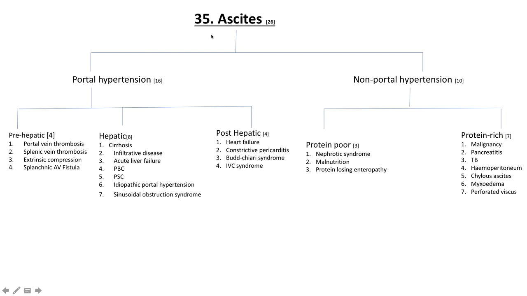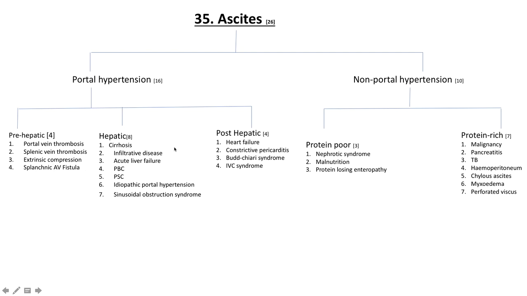We said broadly we have to firstly quantify your serum ascitic albumin gradient, right? Which is the albumin in the serum less the albumin in the ascitic fluid, and if it's greater than 11, we said that most likely we are dealing with a situation of portal hypertension, which is further stratified into pre, intra, and posthepatic causes. So prehepatic, we're talking about stuff that happens before the liver, okay? And to that effect, we speak about portal vein thrombosis, splenic vein thrombosis, any extrinsic compression, and splanchnic AV fistula,